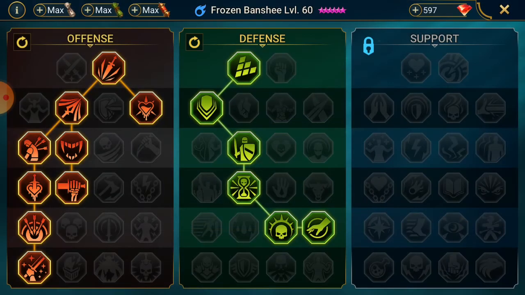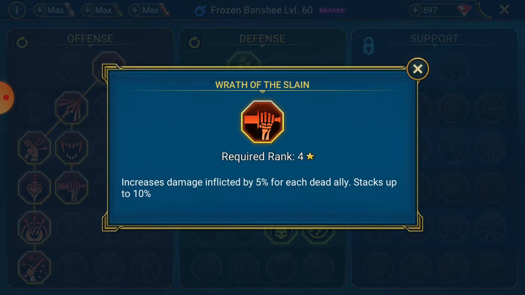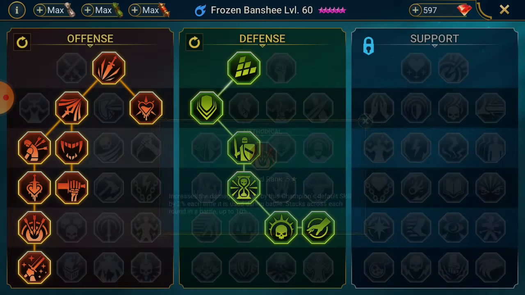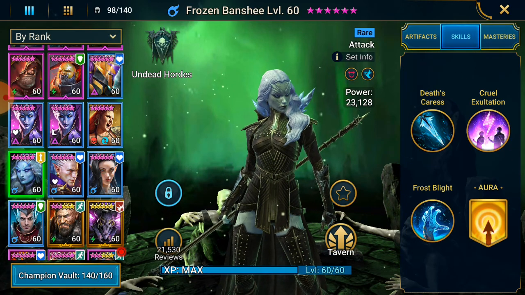Increases damage to targets with less than 4% HP. Heals after the slaying, gives her more damage for dead allies. And if people die in Dragon, if I can perfect that team, that would be a fantastic mastery. Higher max HP champions, getting more damage, increases the default skill damage, and War Master. So a quick look at the skills before we take her into